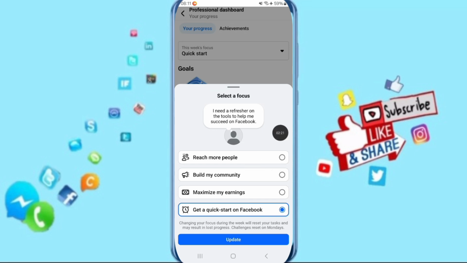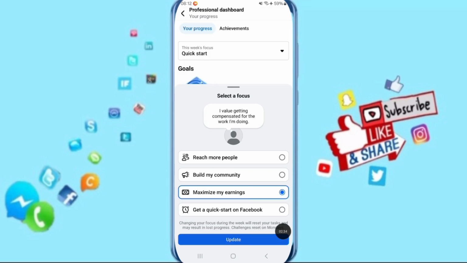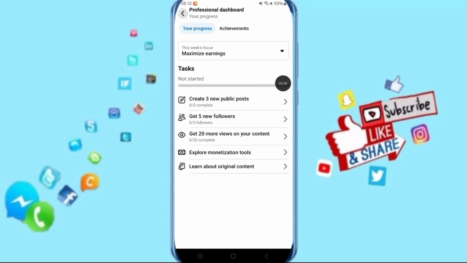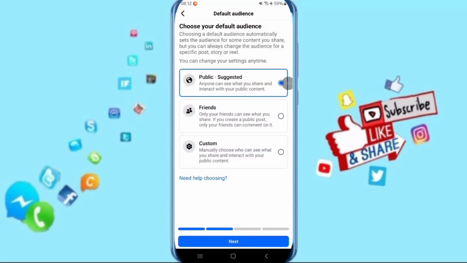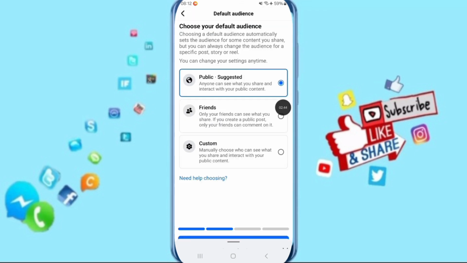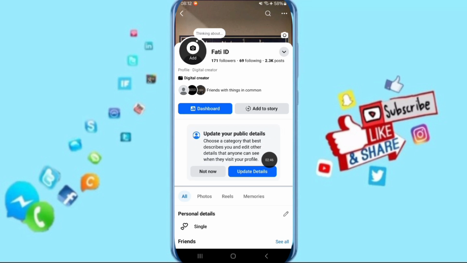here you can choose your tools or your goal here: reach more people, or build your community, or maximize my earnings, or get a quick start on Facebook. For example, you can choose this and you can click here, update, in this way. So when you click here, you will go back to the first page of your profile. You will find this window of the dashboard,